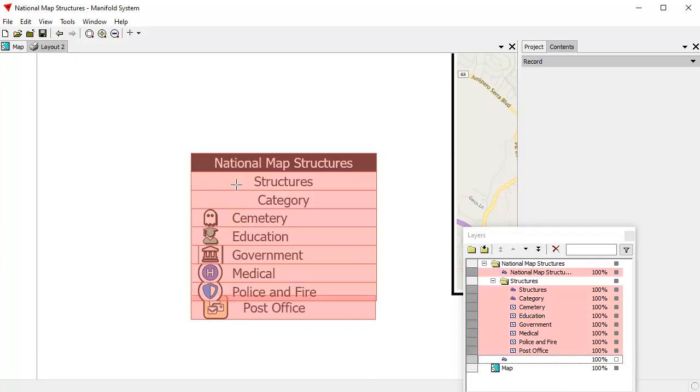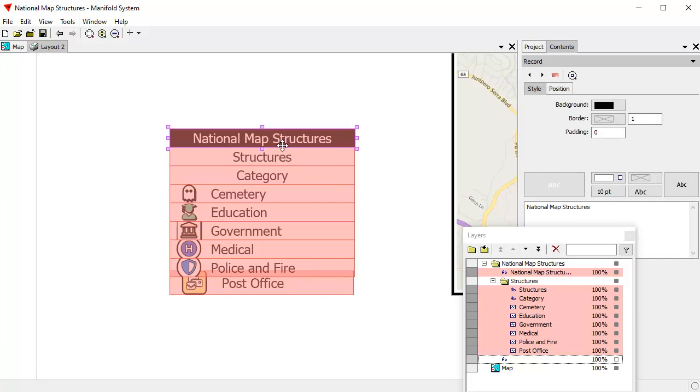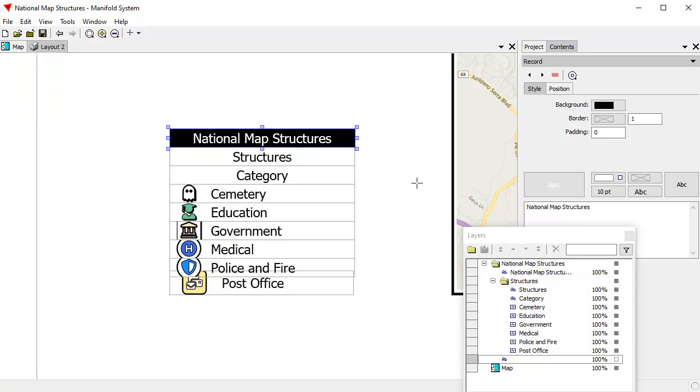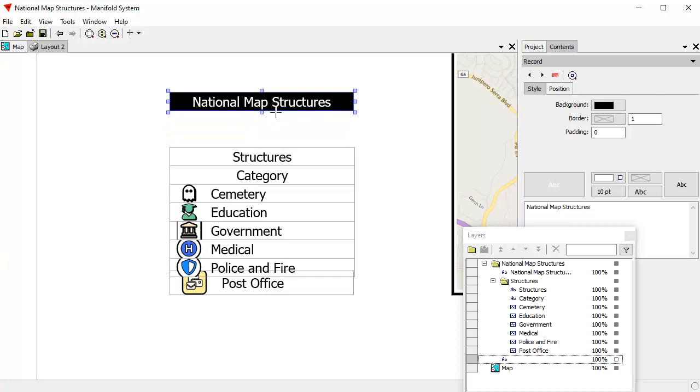Notice we just selected those which are visible. This one didn't participate in the selection because it's not visible. And now I can move around various elements. For example, Alt-click that and move it around. And let's individually start working with these things. I can choose Edit, Select None, so all the selection commands work the way you'd expect them to work. With just this one active, picked, I can move it around like that,